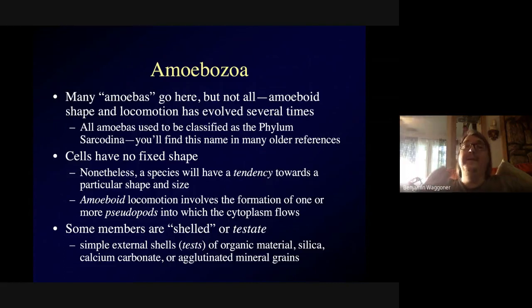And by the way, one very good reason for studying invertebrate zoology is you can find connections with all other branches of biology, including health and medicine, all over the place. And one of the things that we learn from looking at invertebrates is we can find all kinds of model systems for understanding processes that have very wide application. So, for example, you can learn some things about how your white cells move through the body by studying amoeba.